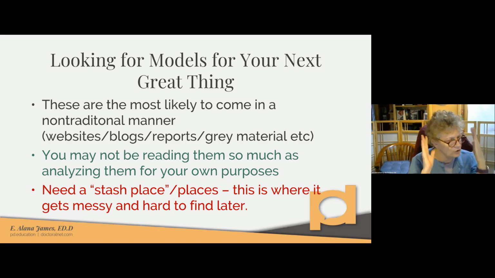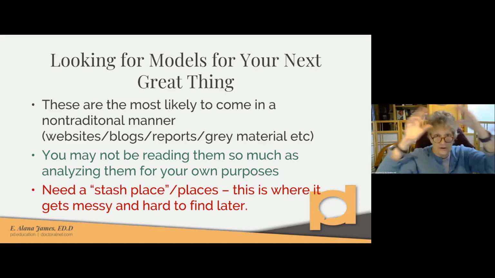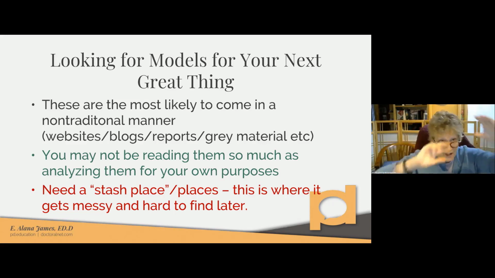Maybe you have a great study right up for a journal, but you also want to publish it as a thought piece over here, but you're not quite sure what thought pieces look like. So then you go much wider net. You're looking at the gray materials, websites, blogs, reports, all things that don't come under the standard peer review list, and you're looking at them not so much for what they say, but how they say it, how they put it together, how their thoughts chunked up. Do my thoughts chunk up that same way, and what can I do for it?